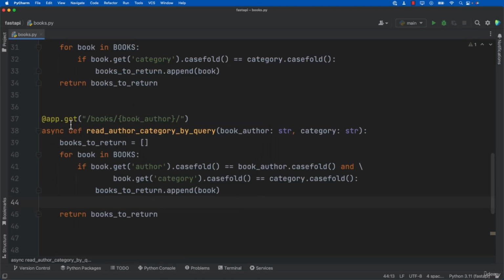All right, so again, we have an API endpoint that says the book's book author. We're converting this book author to book author, and we're passing in category as a query parameter. We have an empty list of books to return. We're looping through every book, and for every match where the author is equal to the book author that we're passing in, and it has a category of the category we're passing in, we want to append that book and